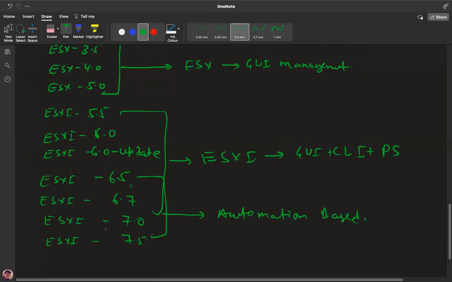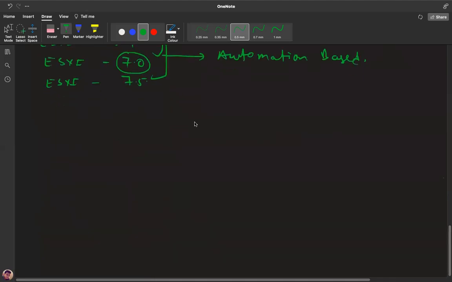So our responsibility is to manage our ESXi 7.0. Let's talk about what is an ESXi host.